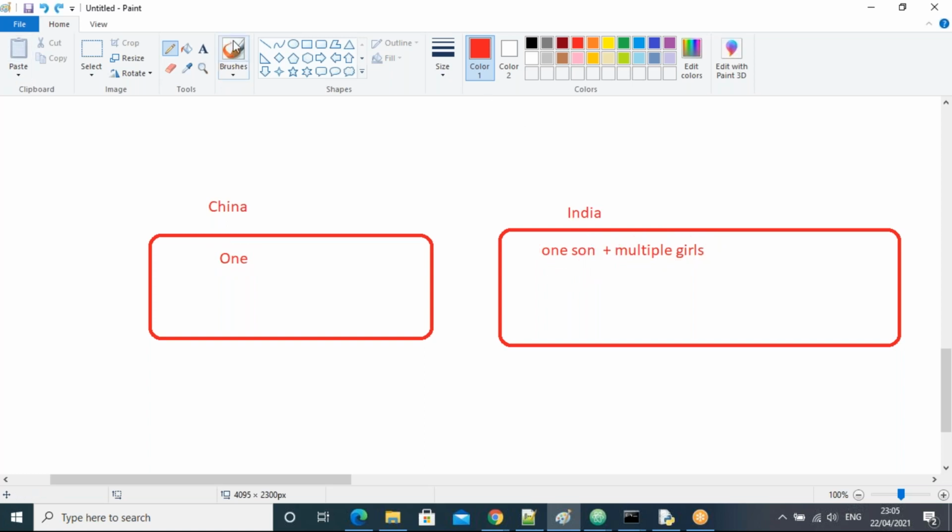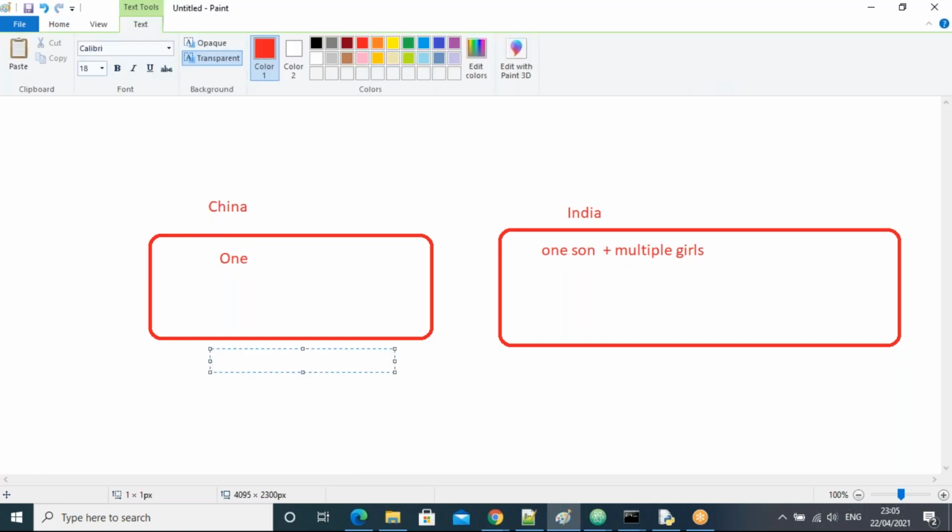Which one now? What is the pseudo class name here? Tell me now. Right, only child. This is the only child pseudo class. Okay, and what pseudo class name for India? Right, yes, guys.